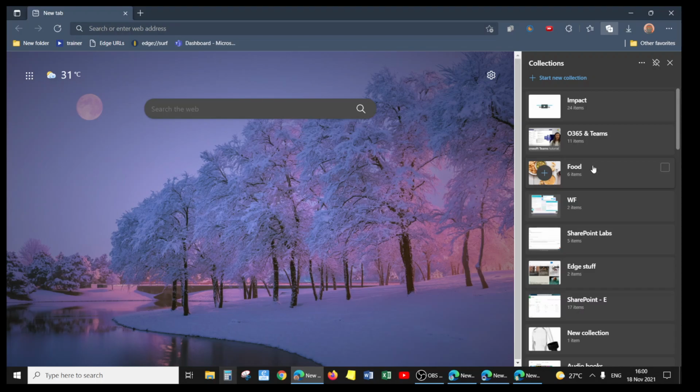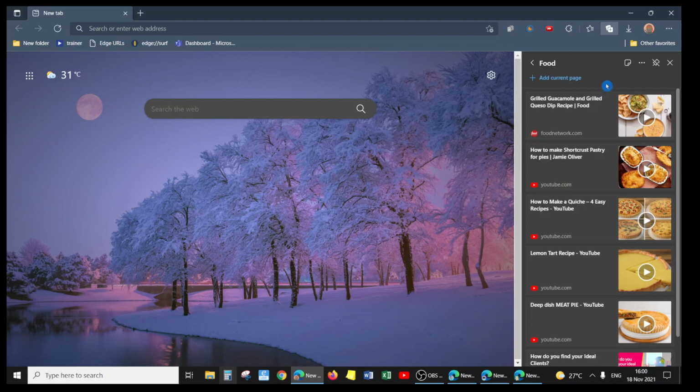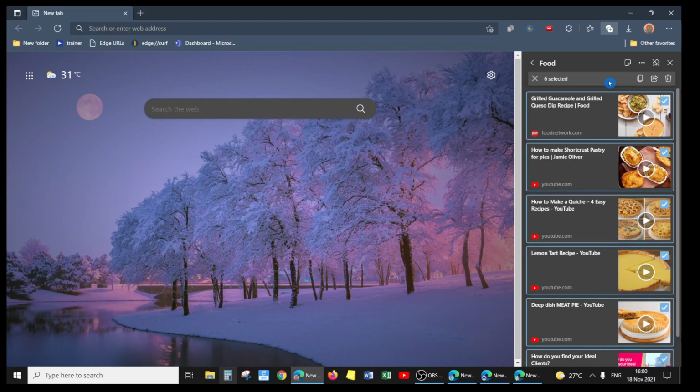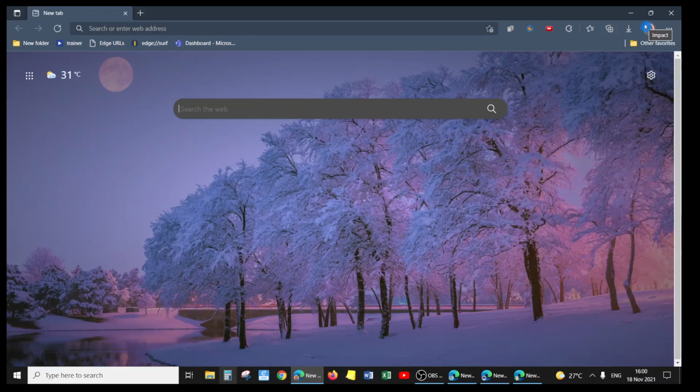So say for example, I go down to my food collection, and if I wanted to copy this across, all I do is I select them all, and I'm using the Windows features, Control A to select them all. And then I've got another option to copy the selection. So I can use either the copy selection or the Windows feature Control C to copy. And then I'm going to head over to my other profile,